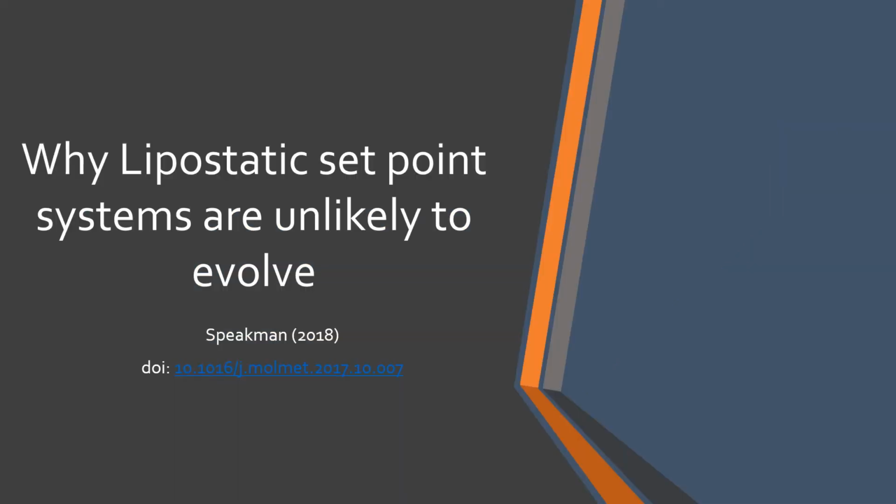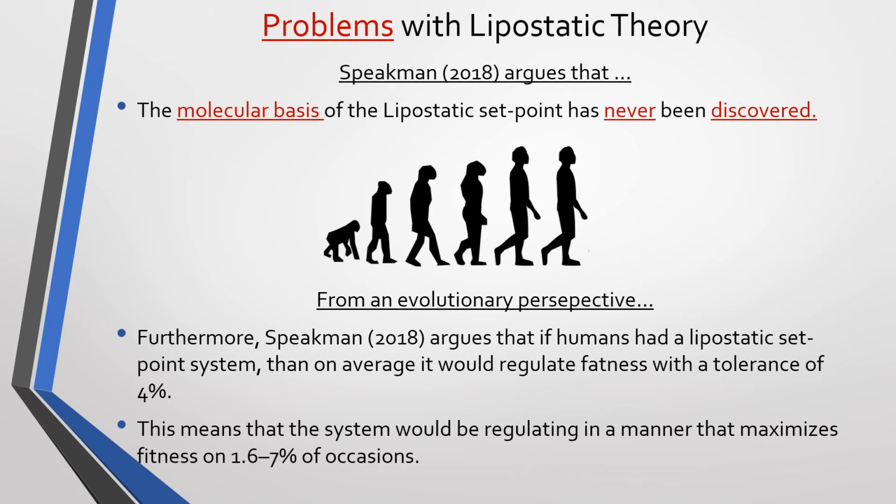The first article we'll be looking at today is by John Speakman, and he investigates the lipostatic theory of hunger. Within this article, Speakman argues that there's a multitude of problems with the lipostatic theory. Firstly, he argues that the molecular basis of the lipostatic set point system has never been discovered. Then secondly, he takes the approach of the evolutionary perspective, where he argues that if humans had a lipostatic set